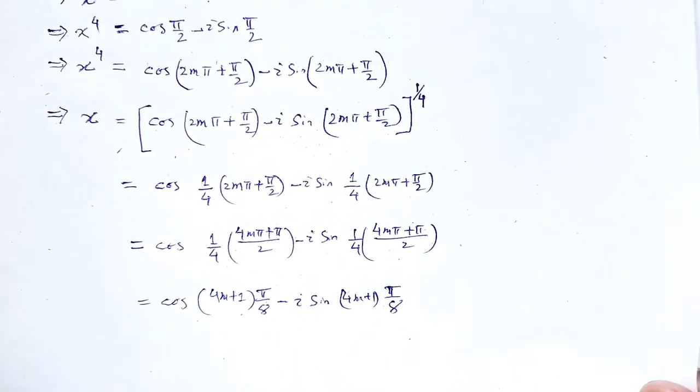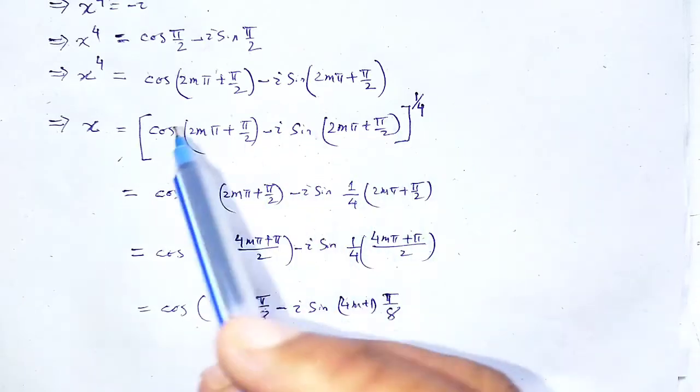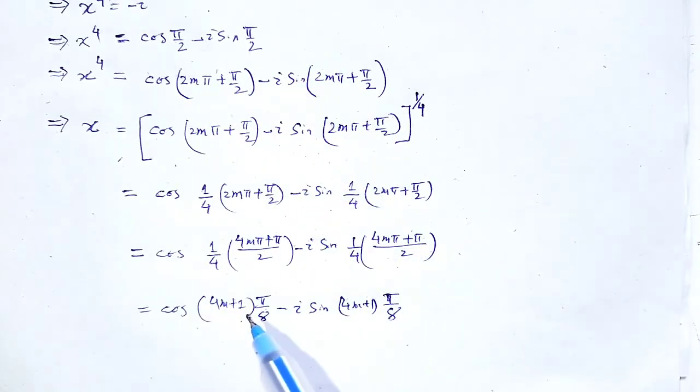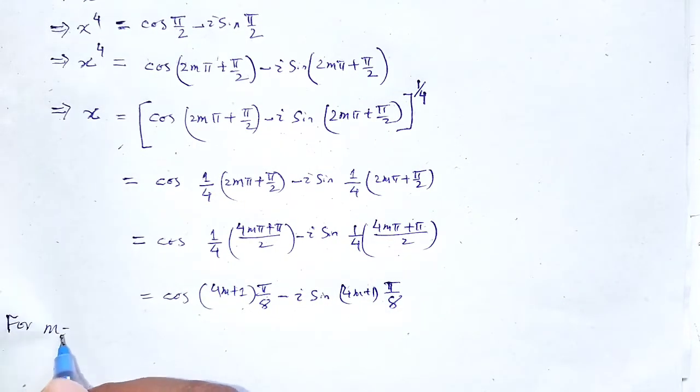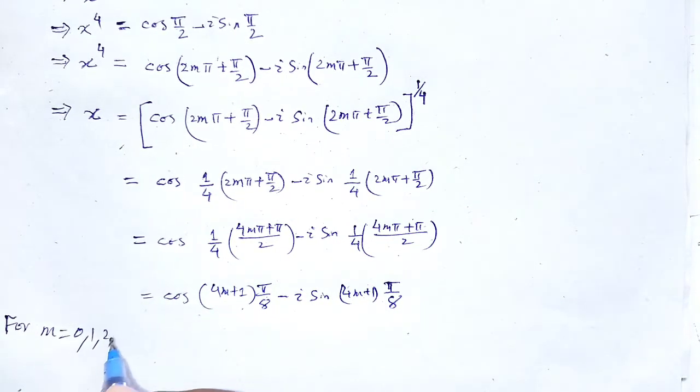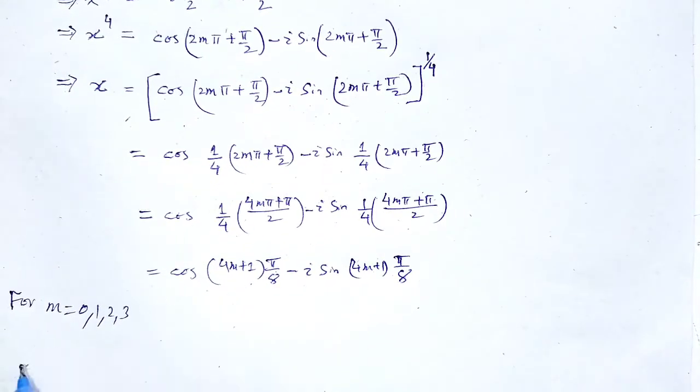Now we have to find 4 roots. So the values of m are 0, 1, 2, 3, that is 4 numbers. We get,